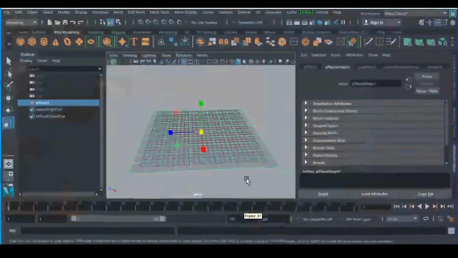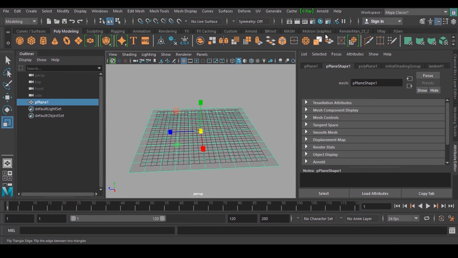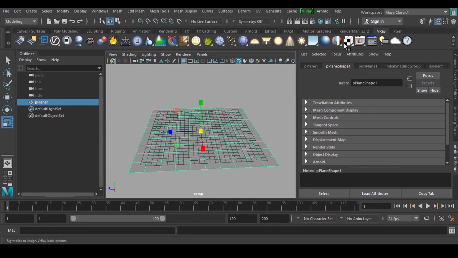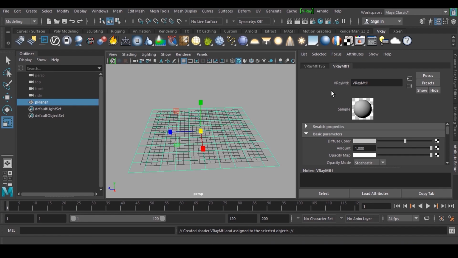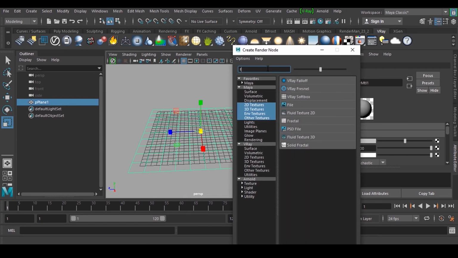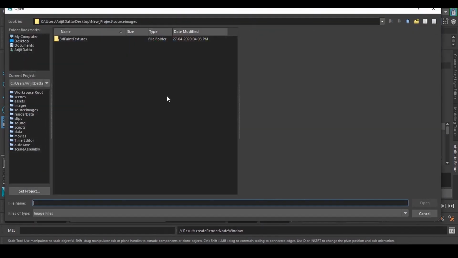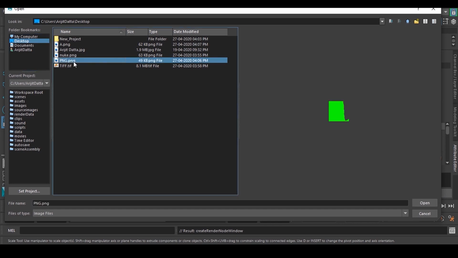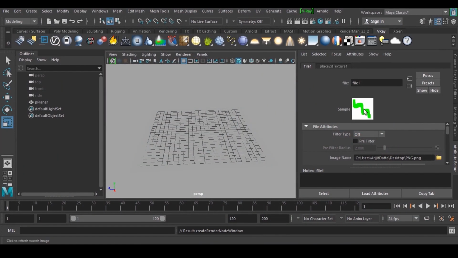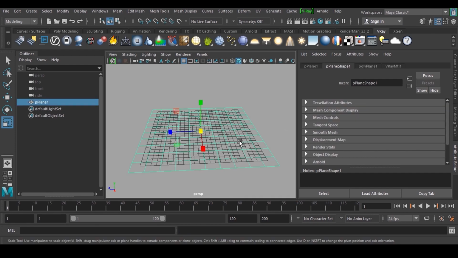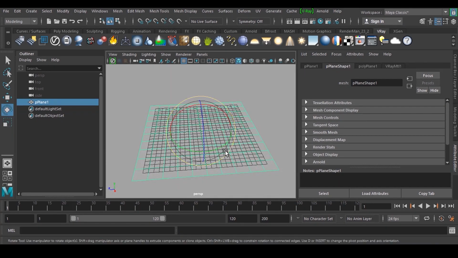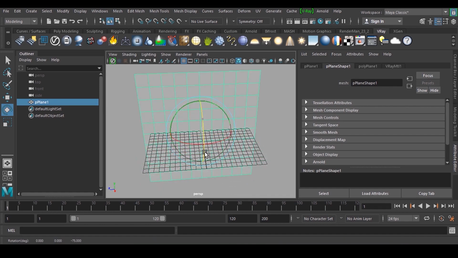So if I go to this one and go to V-Ray, this is a normal material and diffuse. Click on this, go to File and choose this PNG format. Now you can see we have the same thing, that white thing is coming up, right? And if I make it like this,